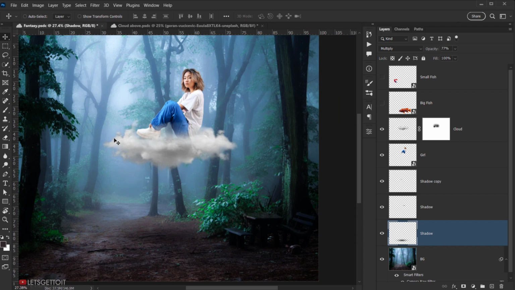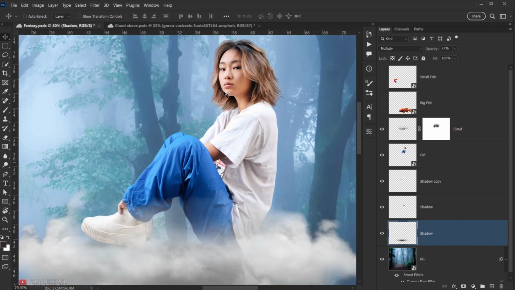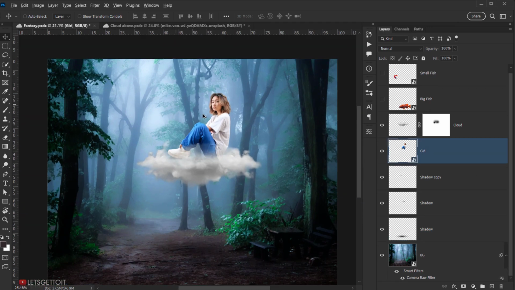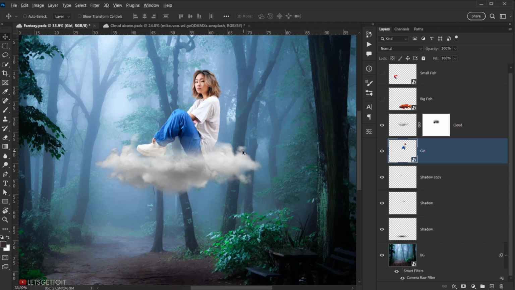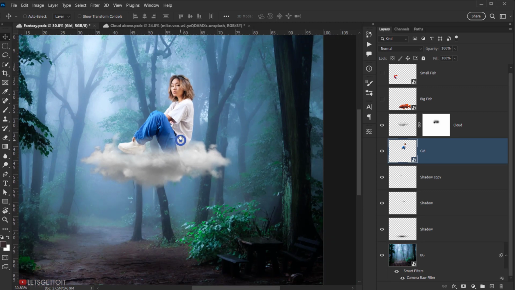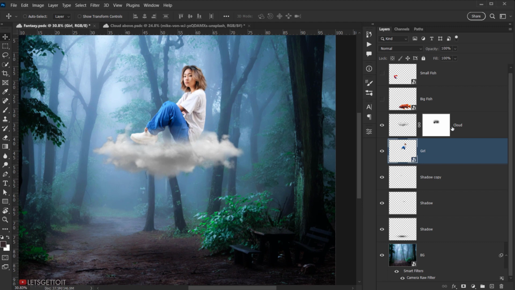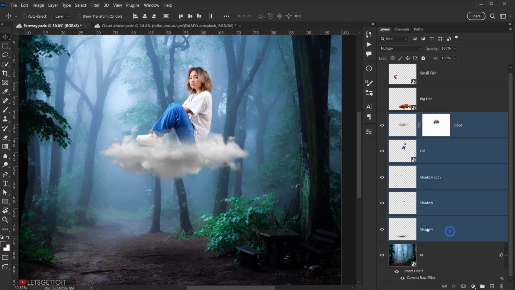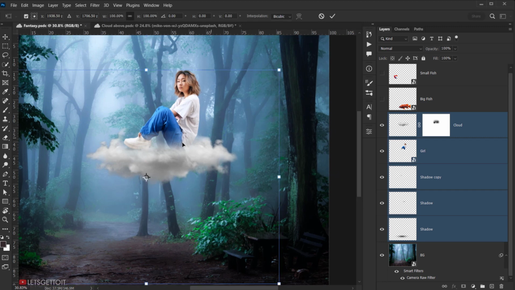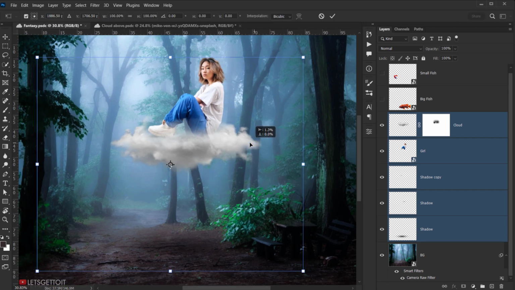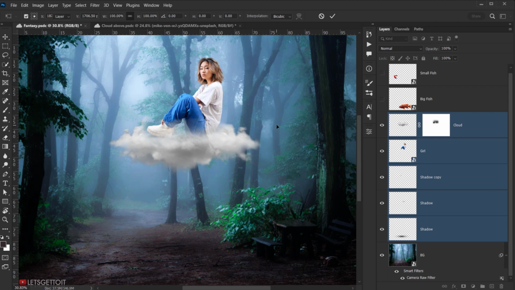Alright, now it's time for us to add a little bit of adjustment to our girl image. Now I think I want to move it a little bit, everything from the girl to the shadows. Or select them all by selecting the shadow and then go to the cloud layer and press Shift, and this will select them all. And I will press Ctrl Command T and I will move it just a little bit. Right in here, and I will press Enter,